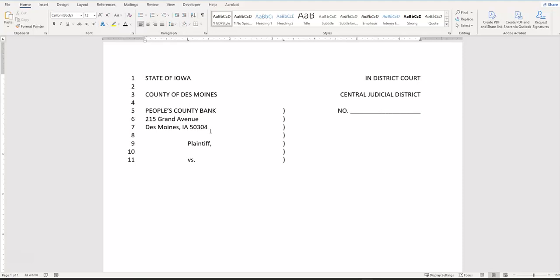I'll tab over to the center or the 3.25 inch mark, enter my parentheses, and then press tab. Complaint is going to be here on the right margin. I'll then press enter once, tab twice with my parentheses and the 3.25 inch mark. I'm going to enter and type in